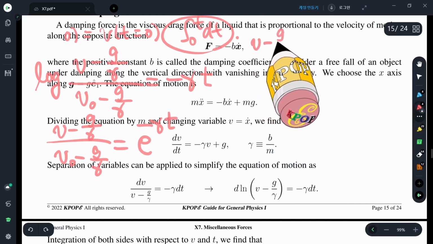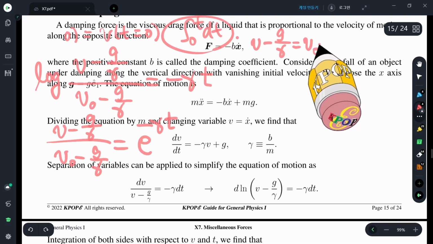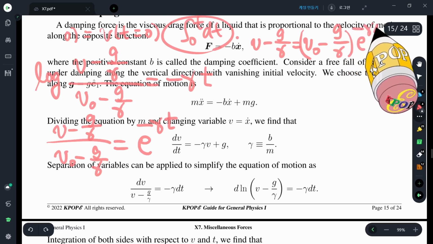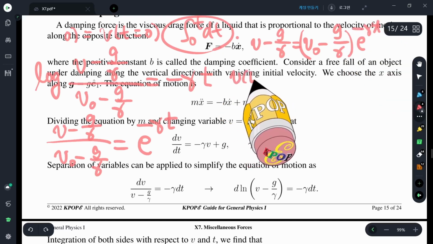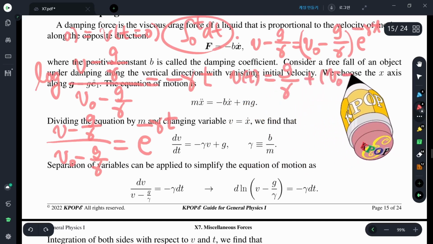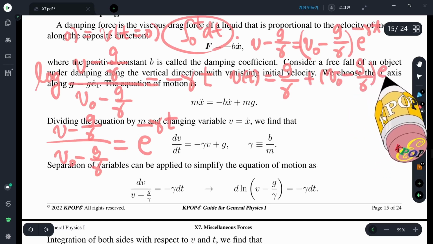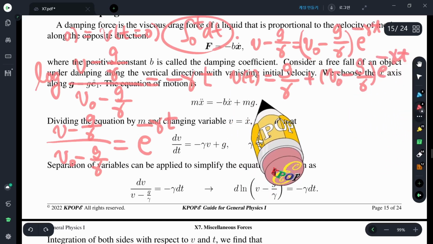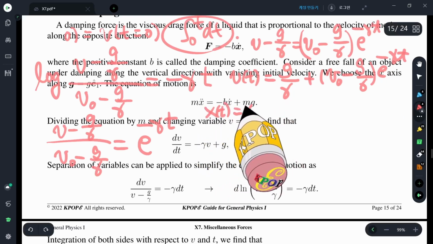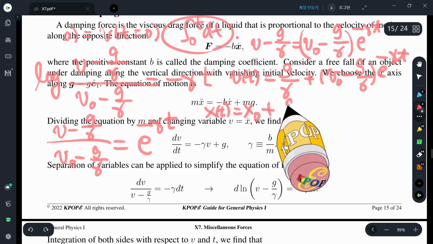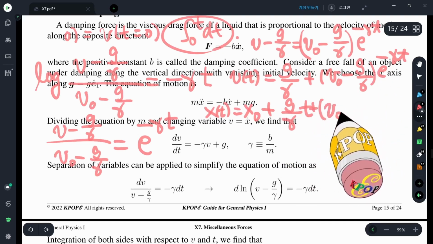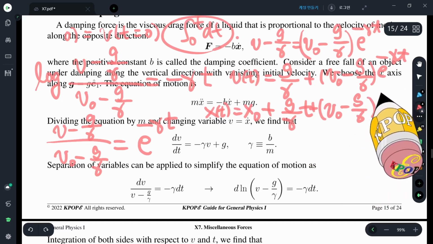V minus g over gamma equals v0 minus g over gamma times exponential minus gamma t. So V of t equals g over gamma plus v0 minus g over gamma e to the minus gamma t. Now we can integrate over time, then x of t equals x0 plus g over gamma t plus v0 minus g over gamma times the integral. This is constant, g over gamma, and this integral